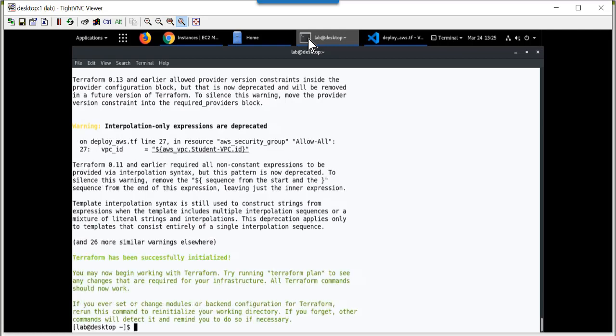It will analyze the contents, all of the resources, and alert me of any errors. Any errors means this file cannot be processed by Terraform. Warnings are generally okay. They identify, hey, this syntax may be deprecated, and going forward you may have issues, but we're good. So the resources in this file can be processed. My next step is to run